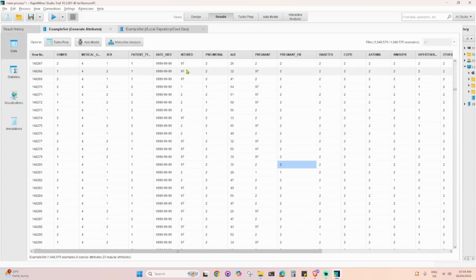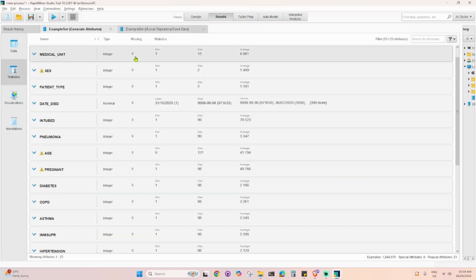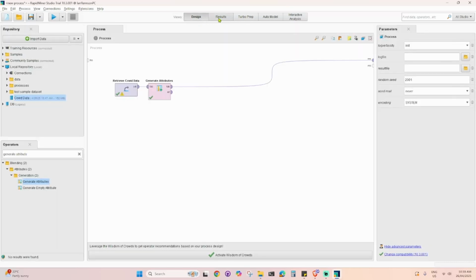If a value is blank, it will show in our result as missing. But in our case, what the owner of the dataset did was convert them to 97, 98, and 99. So we need to figure out how to convert them in order for the machine to actually read those numbers. Next is we put in the